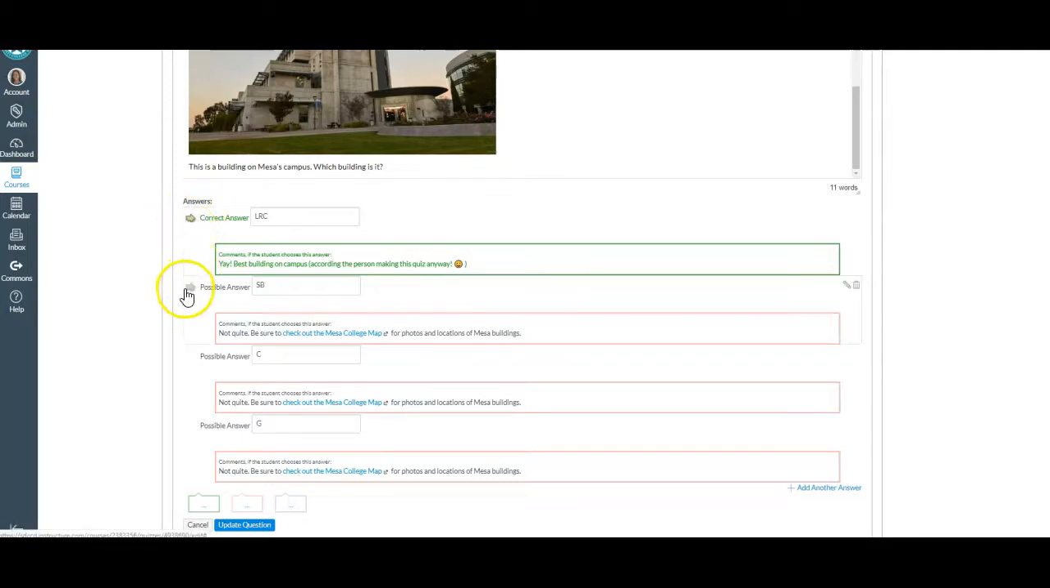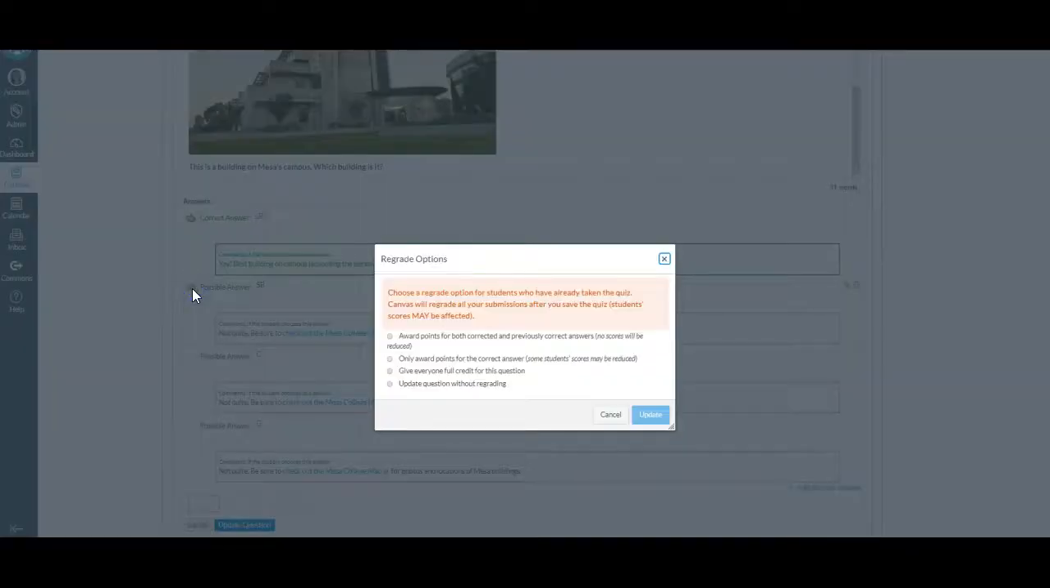But if it did, there's a little green arrow icon, and it's actually a button. So if I needed to change this, I could click on the one that should be the correct answer, and here are my options for regrading. So I can decide here for one of these four options before I update my quiz. Either I'm going to award points for both the corrected and the previously correct answer, so both LRC and SB in this case. If I want to give correct credit to both of those answers,